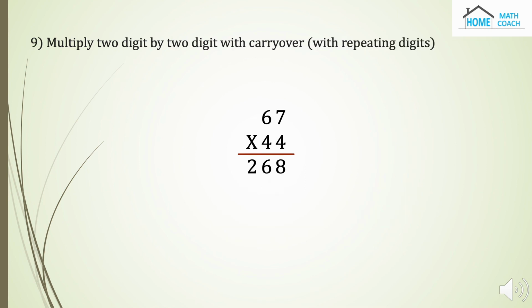This is a special case when one of the numbers has repeating digits. If the repeating digit is on the top, we can rewrite the problem so the repeating digit is on the bottom. In this problem, 67 times 4 is 268. When we multiply the 4 in the tens place, we really don't need to do it again. After we add the 0 in the second row, we can just write 268 in front of the 0. Then we can add the two answers together to get